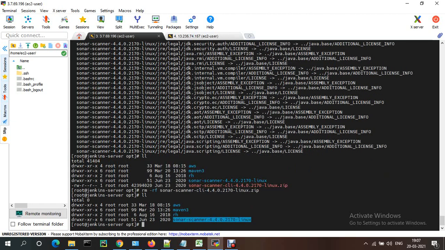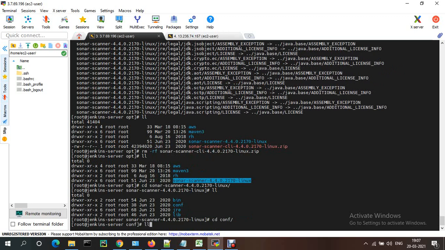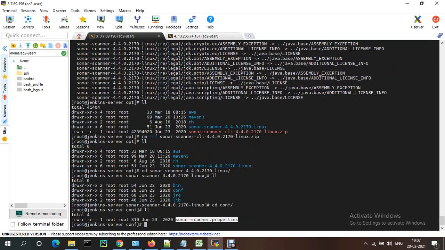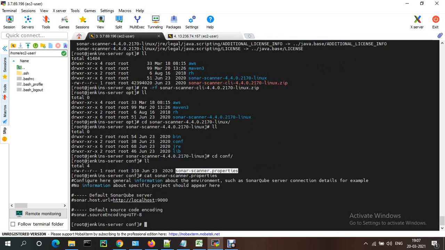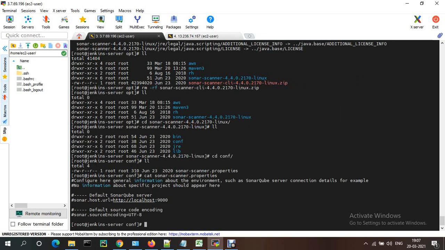So if you go to Sonar Scanner, here under configurations, there is a file called Sonar Scanner Properties. You just need to provide the Sonar host URL and default source code and target classes, everything: host name, login, and project key.